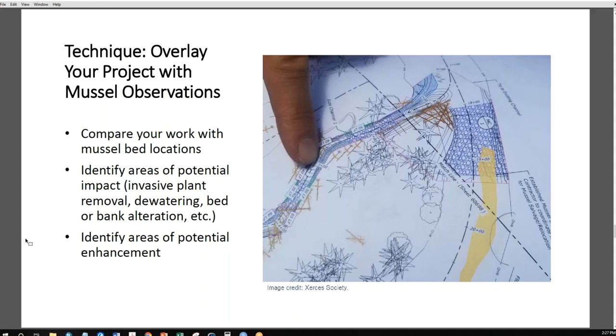And again, those areas where there's potential impact can include, if you're doing invasive plant removal, freshwater mussels can be incredibly sensitive to some of the surfactants that are combined with herbicides. Mussels can also be damaged by removal of invasive aquatic plants because they can also get uprooted when those plants are removed. Things like rototilling in lakes can negatively impact mussel beds. I mentioned dewatering. That can have a truly significant impact on mussels because they must stay inundated throughout their lives. And so there are techniques that you can implement to slowly dewater and remove mussels as they emerge from the bottom substrate